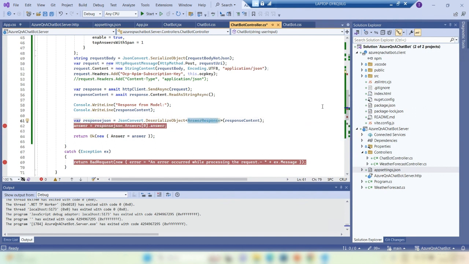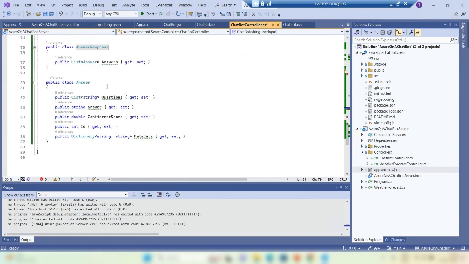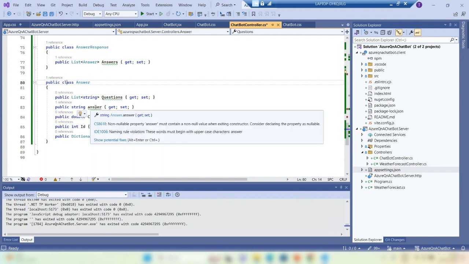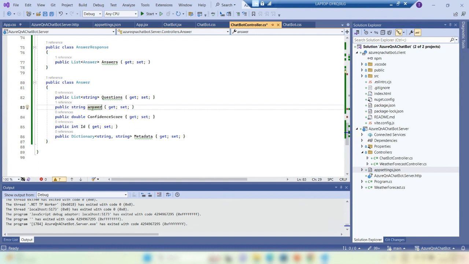We are creating a class, the answer response class. Let's move down. This is the answer class. In this format we will get the answer from the Azure Cognitive Search, right? So the answer class has the list of questions and the answer. This is the answer we get from the cognitive search. This is the main thing we need, along with the confidence score, ID and metadata. This should be always blank sometimes, right? And this answer will create another list of answers, the answer response, where we are creating a list of this class. And then we will pass this answer response to this one,